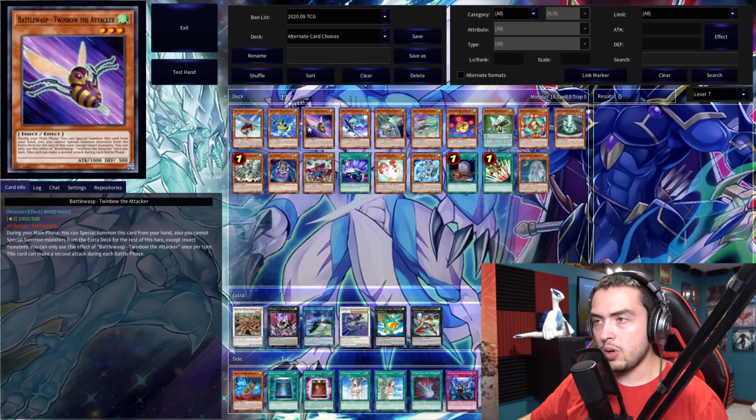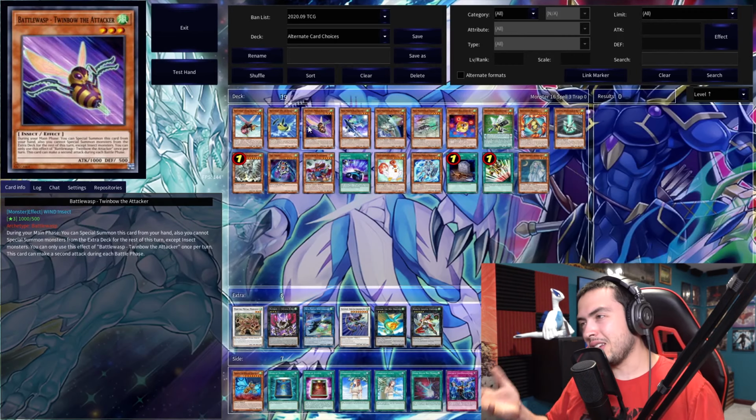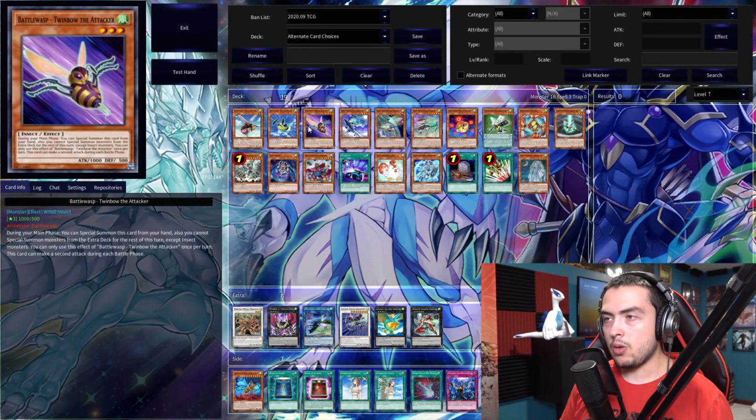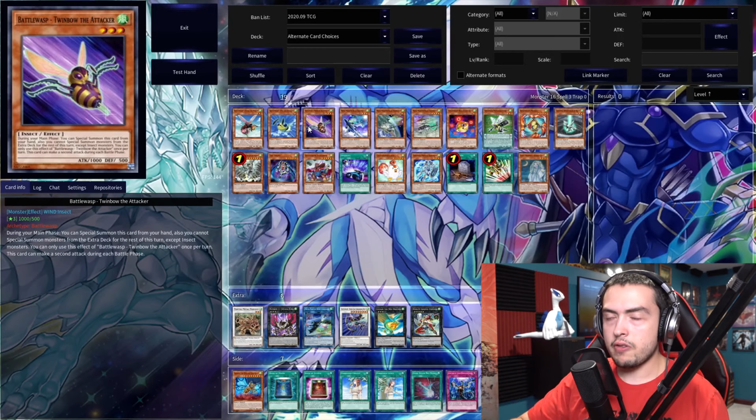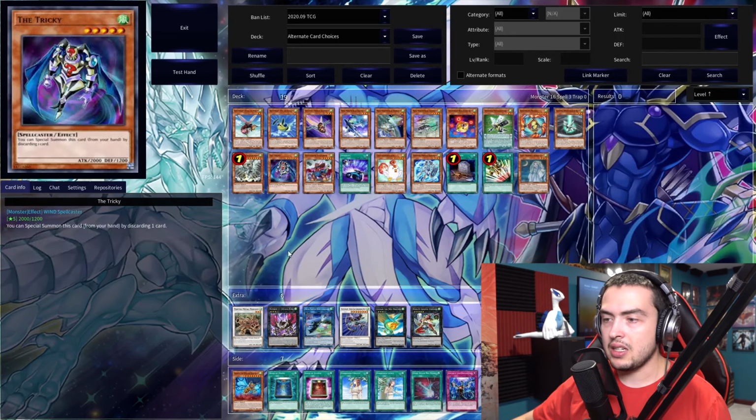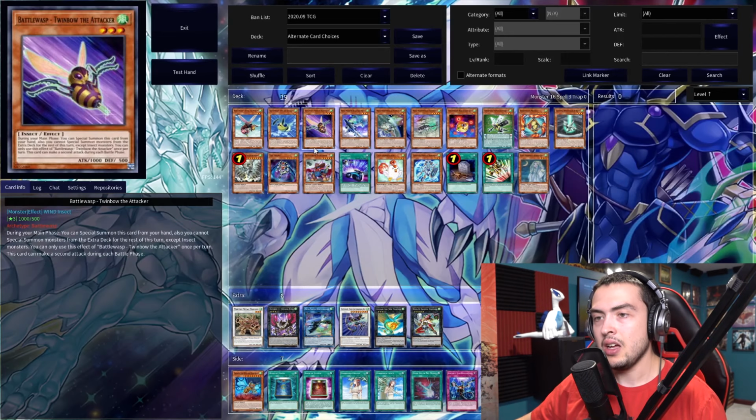But then that brings us to Twin Bow, kind of like the not so necessary part of the Battle Wasp engine. You can play it, like I said, to be able to get to search off of Sting when you revive it on the opponent's turn, to be able to apply more pressure the following turn, or at worst, you can just use it to summon from your hand directly to gain instant access to Cicada King, because once you